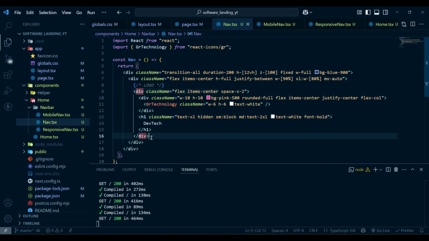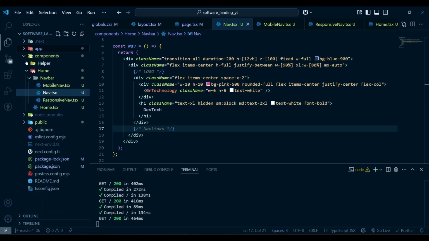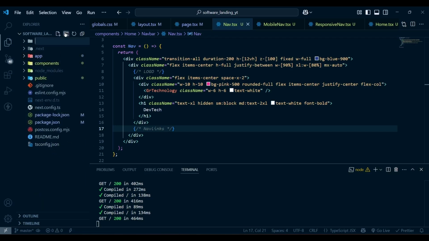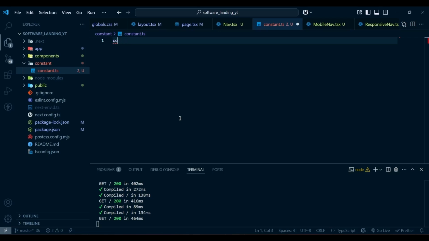So after the logo we have our nav links. So for the nav links, what I'm going to do is I'm going to first create a new folder at the root level, and I'm going to name it constant. So here we are going to add our constants variables. So here I'm going to create a constant.ts, and here I'm going to create a constant variable for our nav. So I'm going to use const. So before that I'm going to export const